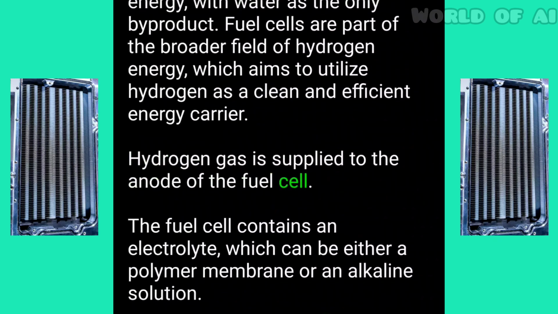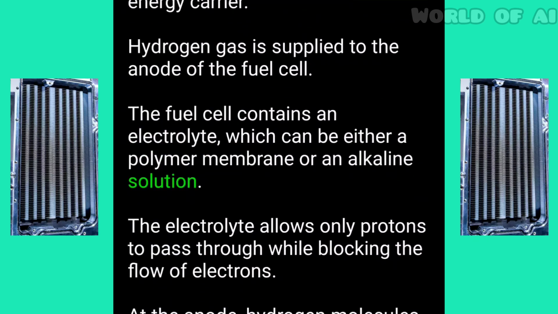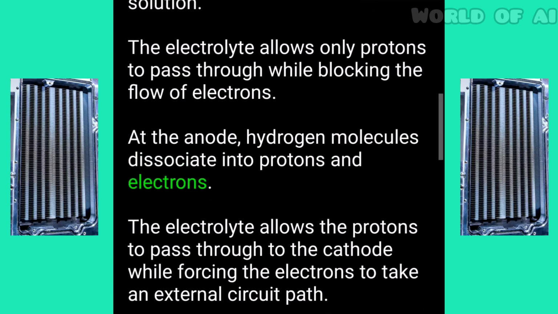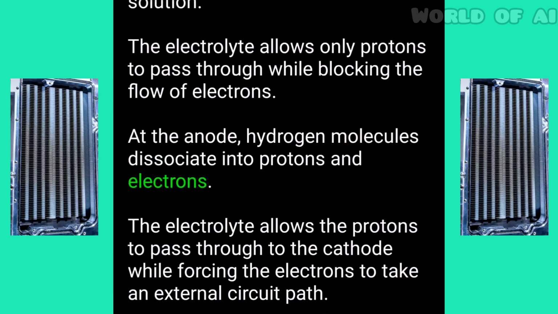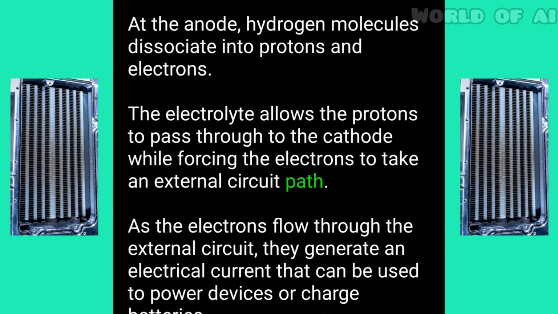Hydrogen gas is supplied to the anode of the fuel cell. The fuel cell contains an electrolyte, which can be either a polymer membrane or an alkaline solution. The electrolyte allows only protons to pass through while blocking the flow of electrons. At the anode, hydrogen molecules dissociate into protons and electrons. The electrolyte allows the protons to pass through to the cathode while forcing the electrons to take an external circuit